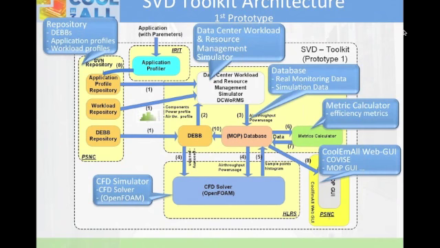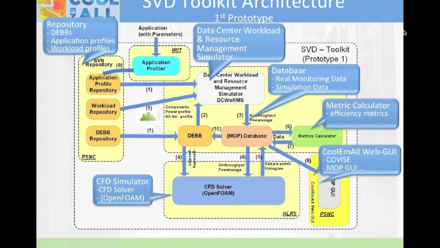The two main components of the ECPD toolkit are the data center workload and resource management simulator, which is in charge of assessing the actual power usage of applications being virtually executed on hardware. For this purpose, we are using models of this hardware, which are described in terms of power usage based on different load levels. The outcome of the data center workload and resource management simulator is the overall power usage that has been produced by applications and their airflow, which are then stored in the database and used as initial parameters for